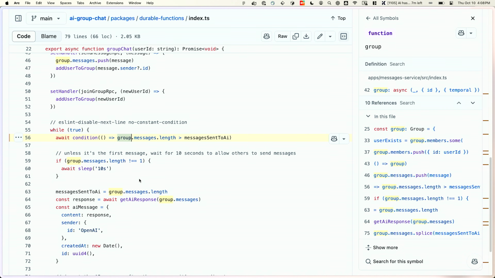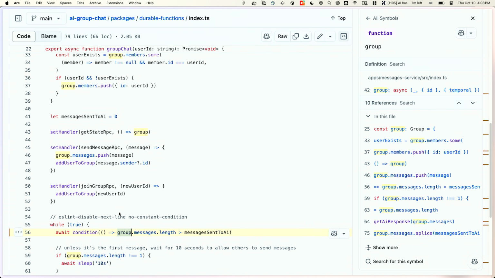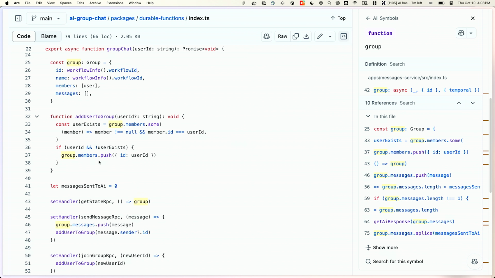So it's nice because you don't have to use the database. You can trust that the data you put in these local variables is effectively durable, automatically. And